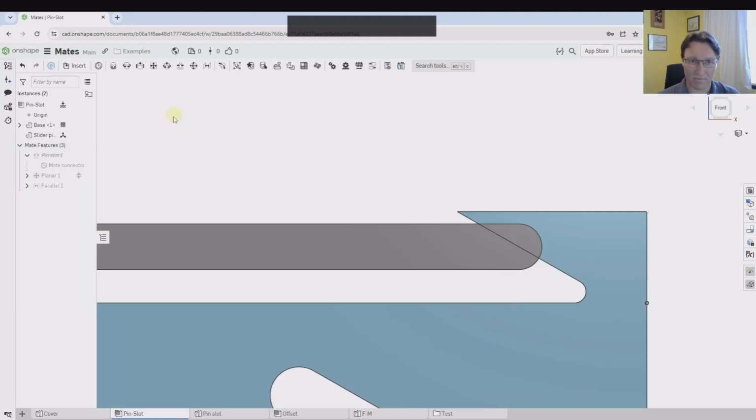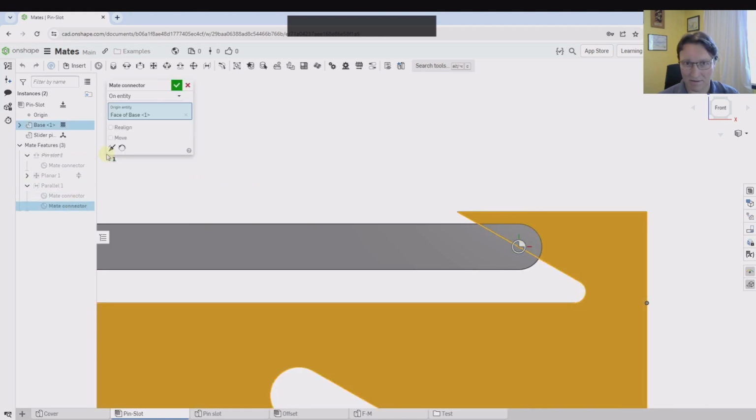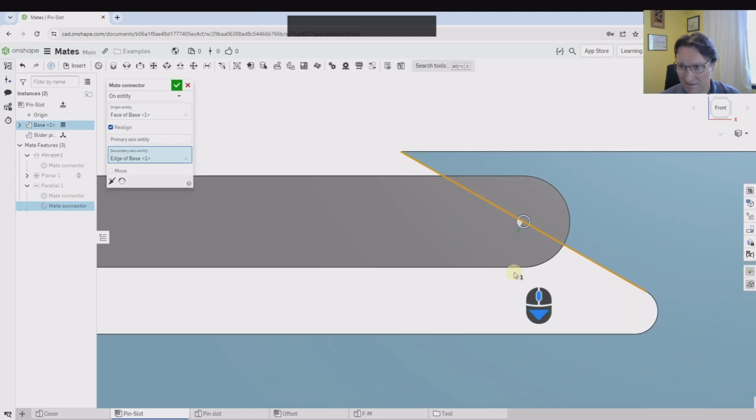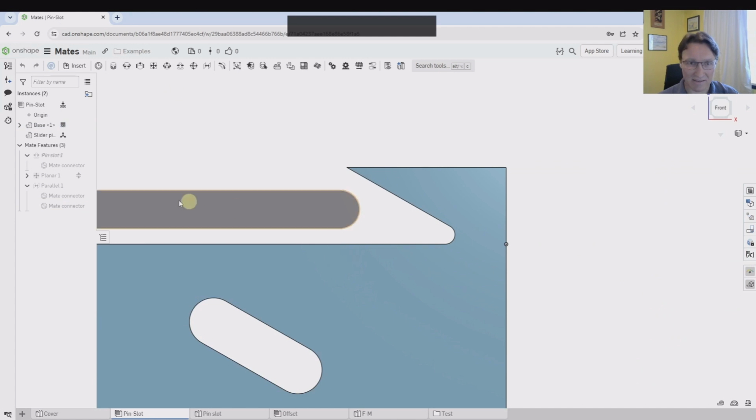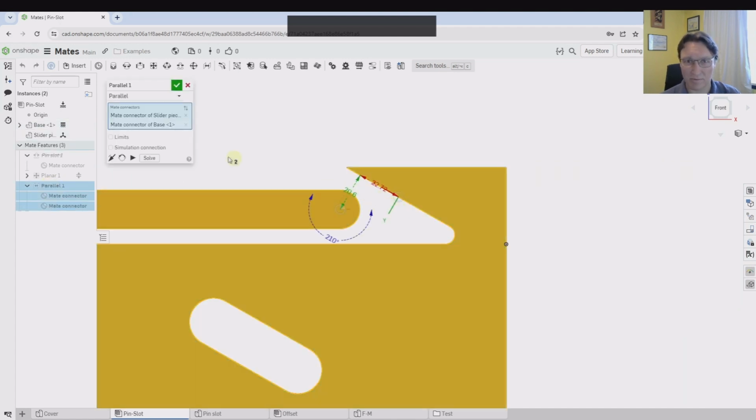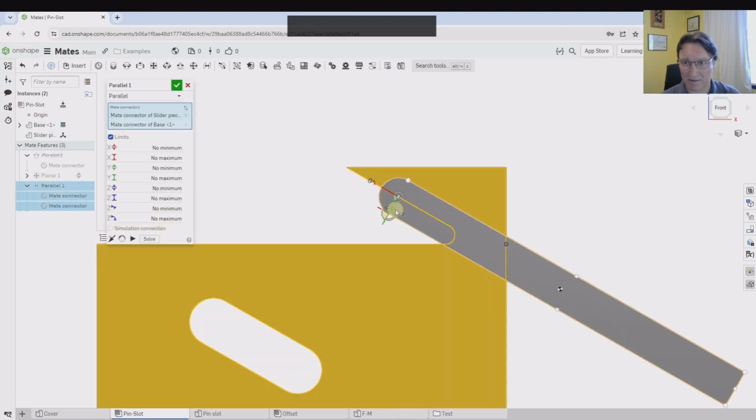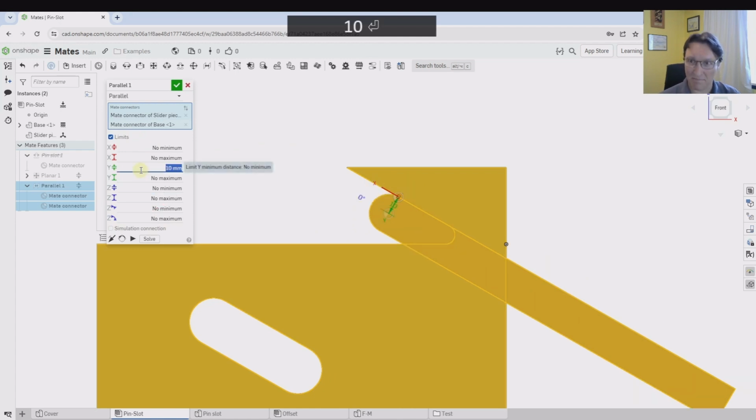Now, I do need to go and edit the one on the fixed part, this one, and I will realign the secondary axis with this. And now you can see my Y is pointing that way. Now that hasn't actually changed anything yet, but if I go and put a limit on this one as well, where Y is at least 10,